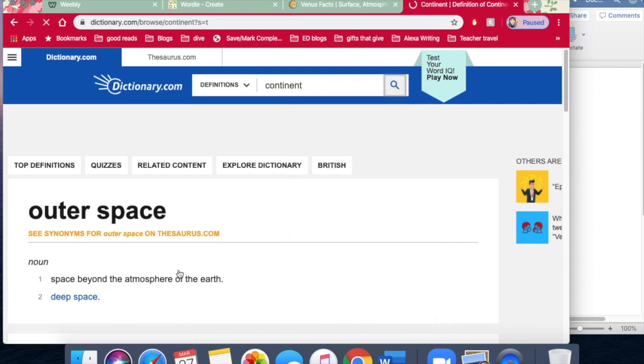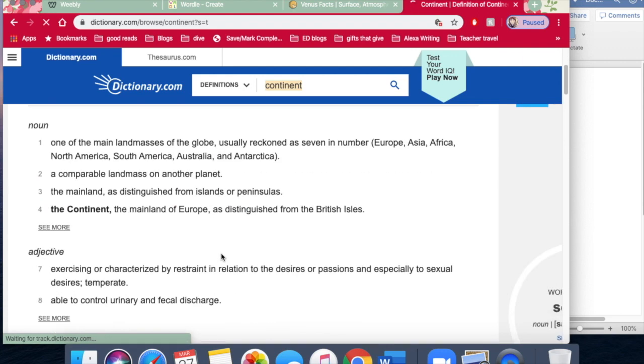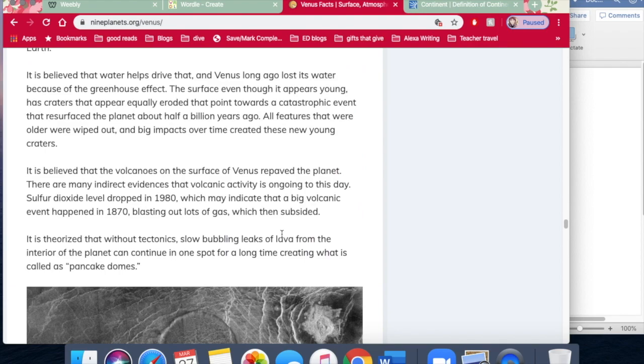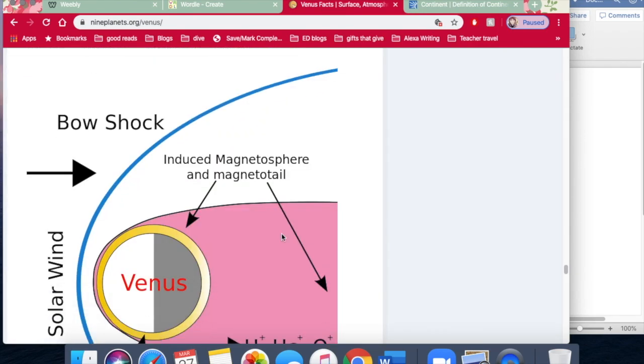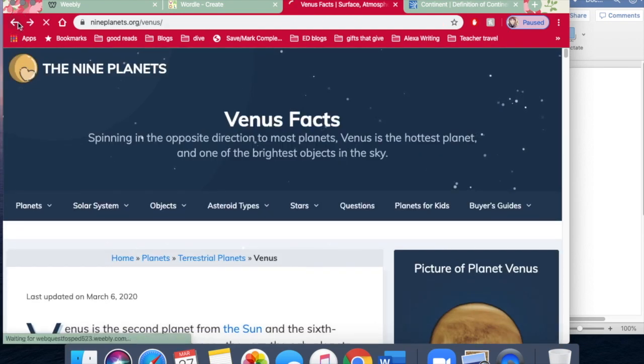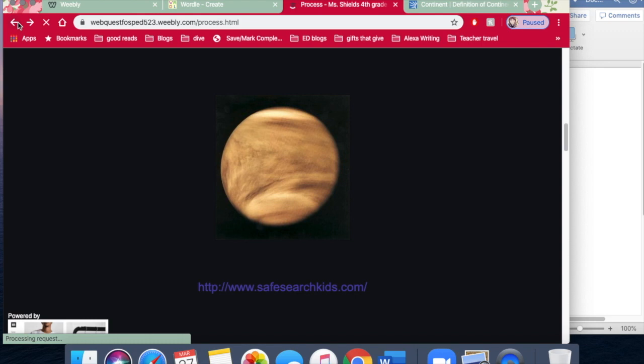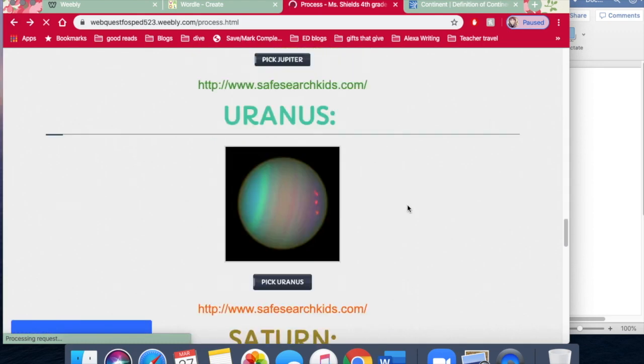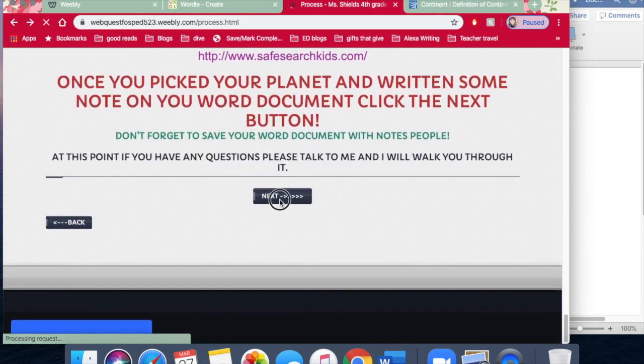And it'll tell you the definition of those words that you might not know. Okay? It's pretty cool. So you're going to go through a lot of information, kind of finding some key elements to the research project. Okay. So when you pick your project, you're going to take your notes, and then you're going to go on